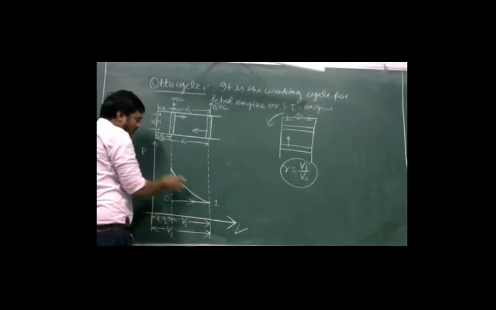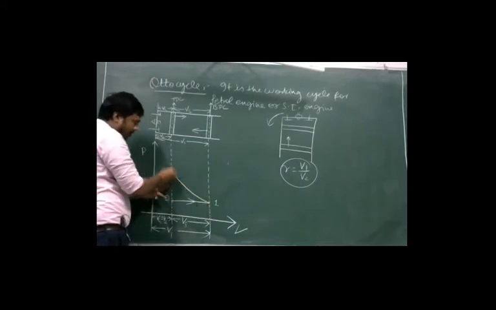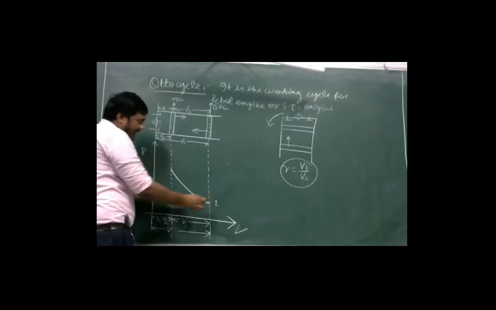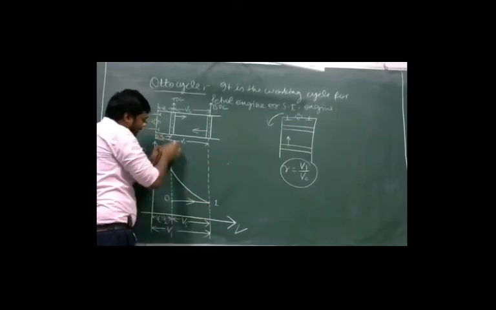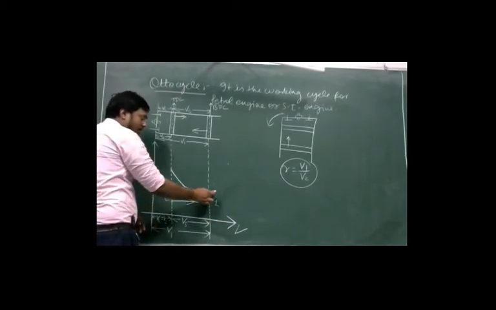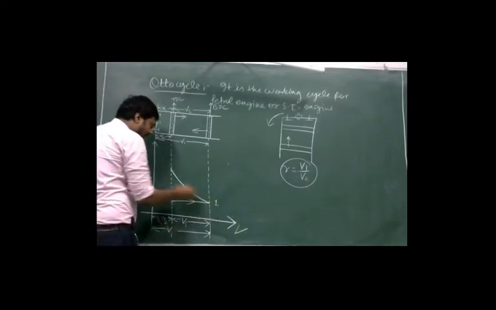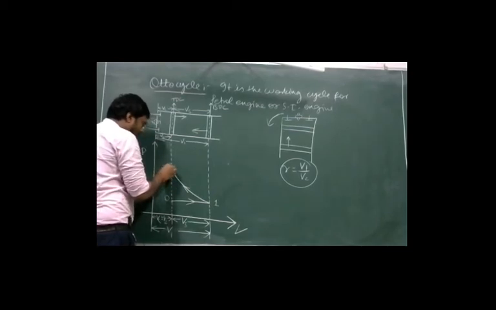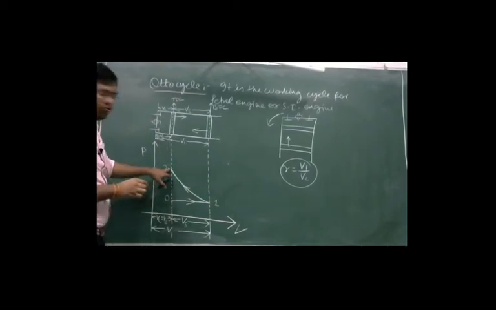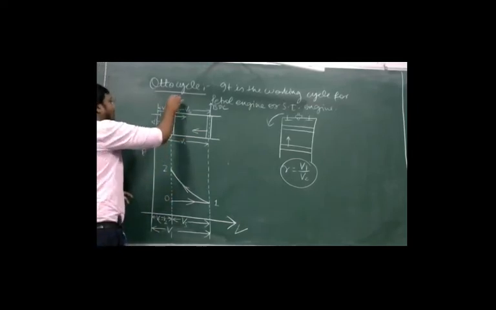Now I have moved to the TDC position and the compression stroke is completed. This process is an adiabatic process. This curve shows adiabatic compression. So now we are moving from the BDC line to the TDC line, so the arrow should be in this direction. We are moving from right to left. Now let us assume we have reached point 2. Here reversible adiabatic compression is completed, and now we are at TDC.